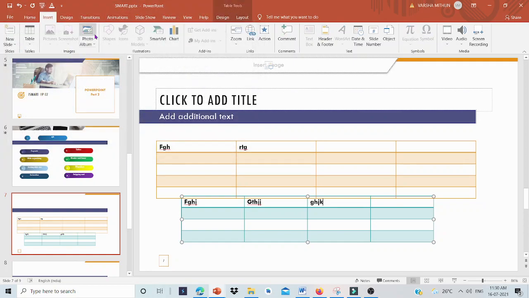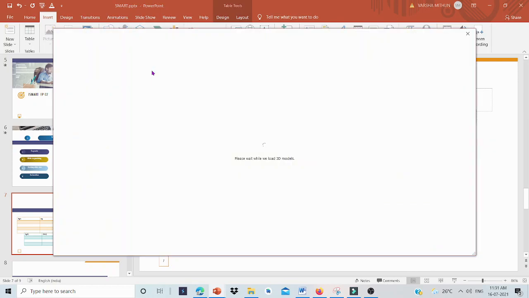Another one is 3D Models. You should definitely try this 3D Models icon. Click the 3D Models icon. From there we can select Stock 3D Models, and these are stored in the PowerPoint cloud, so you should have a proper internet connection for doing this.